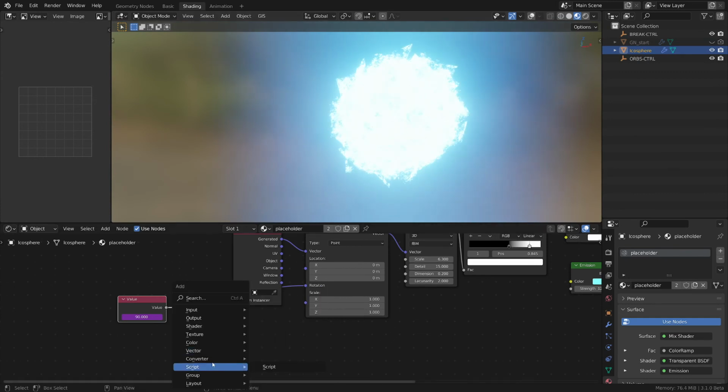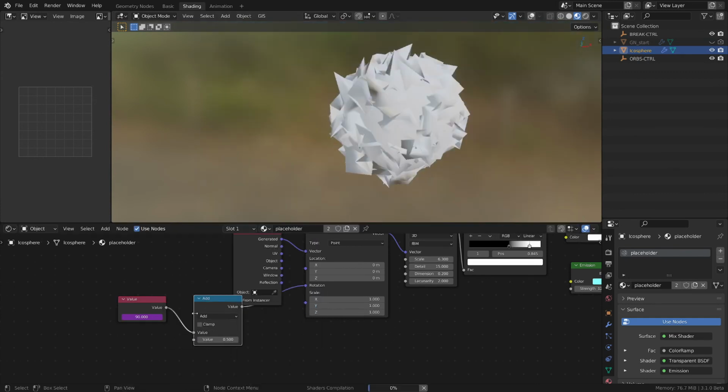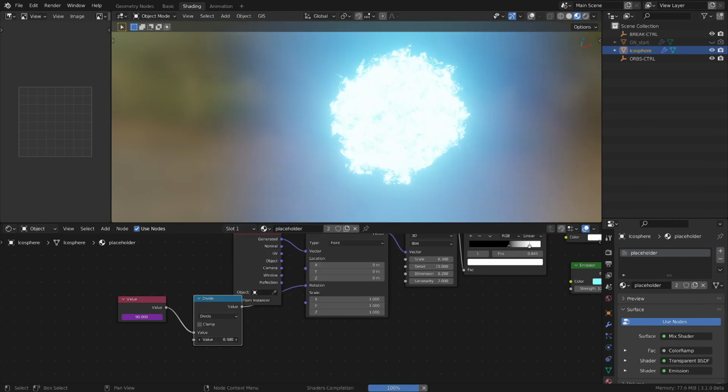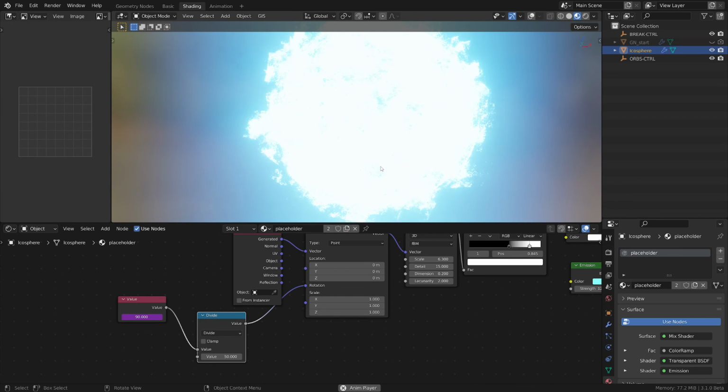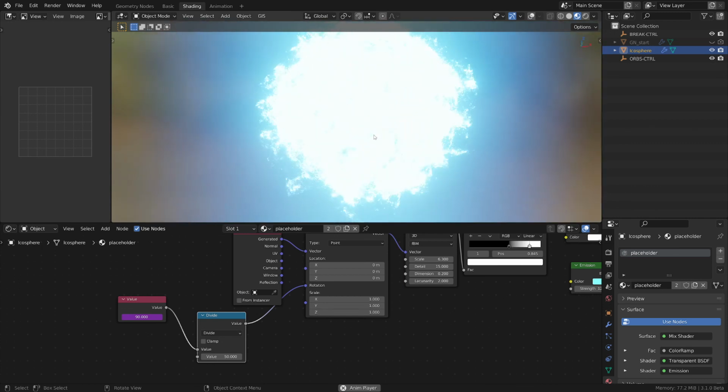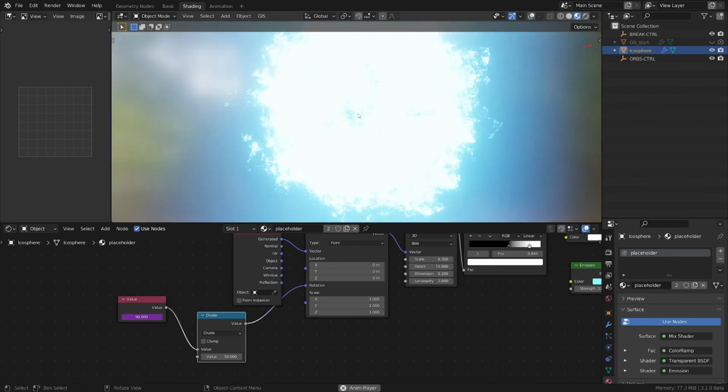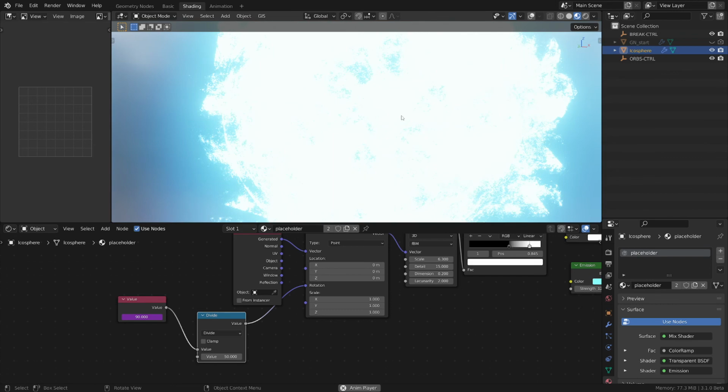Of course, you want to control this math, divide by 50, and then you get something like this once you play the animation. You have the texture moving, and you have the geometry moving, and you get this really cool fake volumetric sun